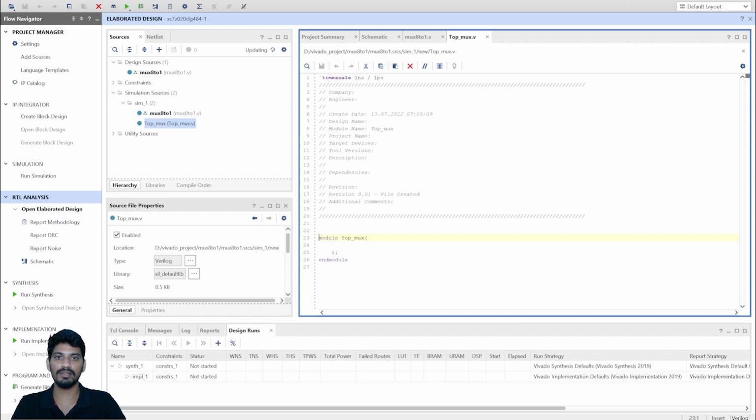Now I will write the test bench here. This is my top block. I don't have any IO, so I'm directly terminating the module. And then here I will declare the variables. So first one is we have to declare the variables,